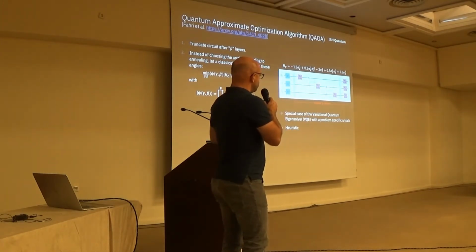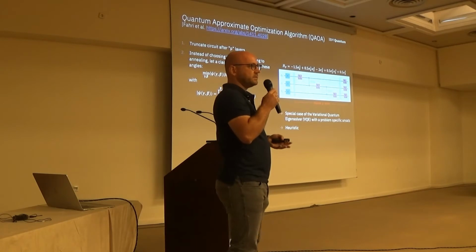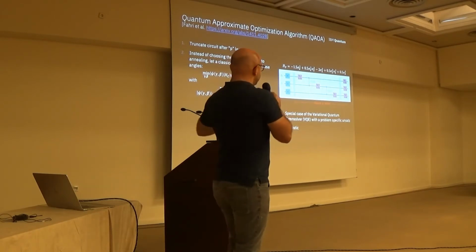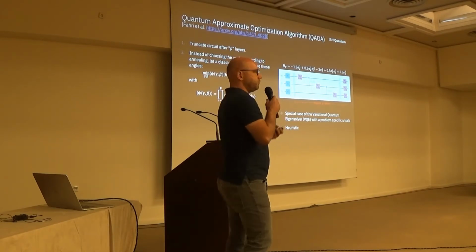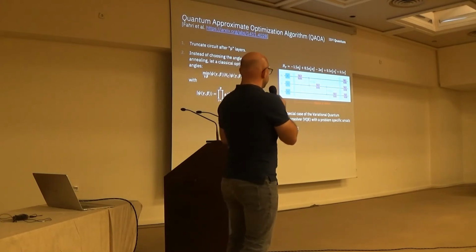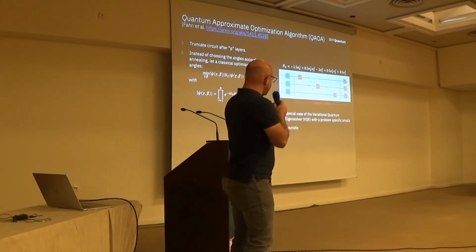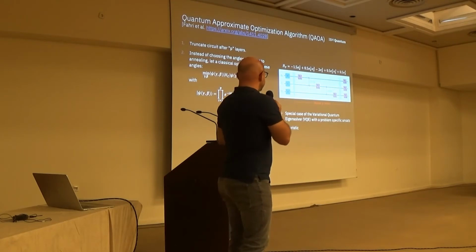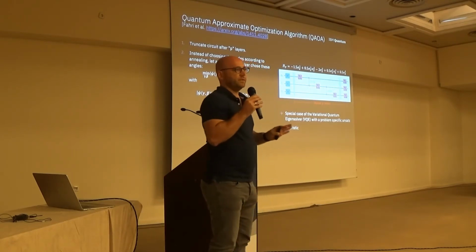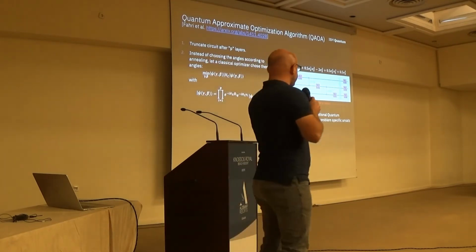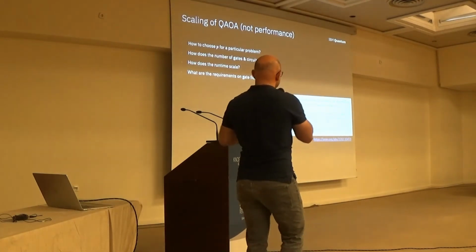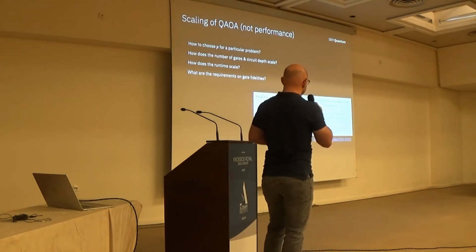It's essentially just a special case of the variational quantum eigensolver, where we use problem information to construct a problem-specific ansatz or problem-specific circuits. But because we just truncate, it's essentially heuristic, so we do not have any guarantees about the performance. Now, in a recent paper from February, I think,